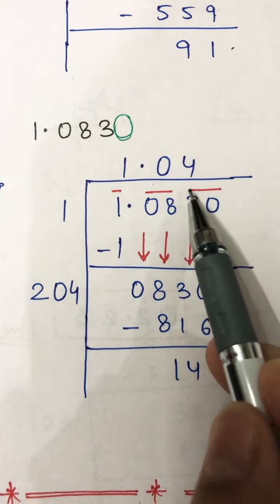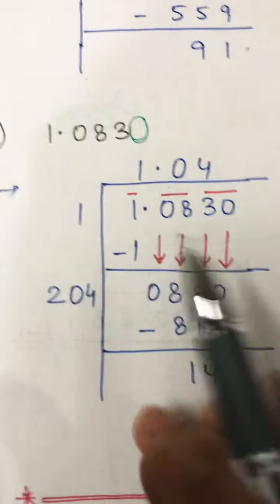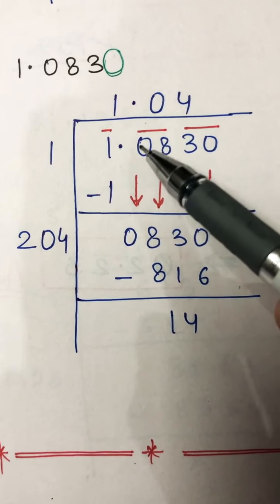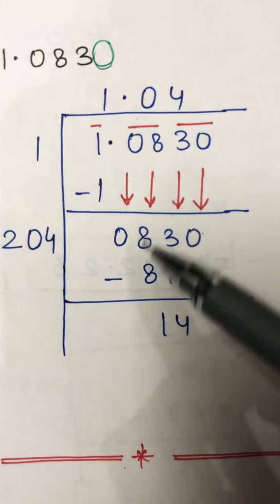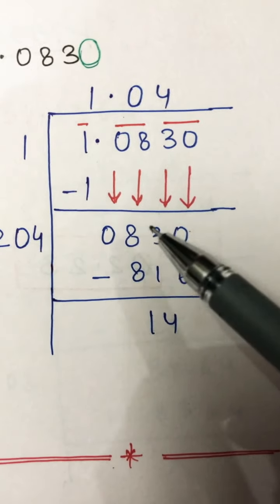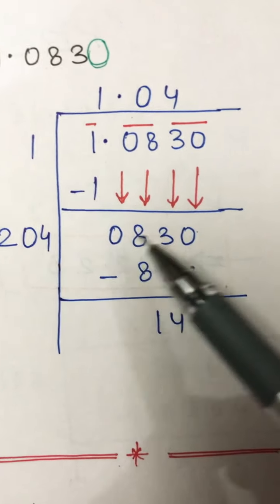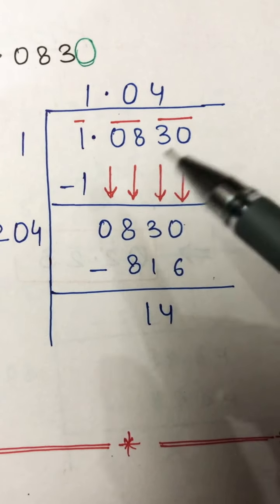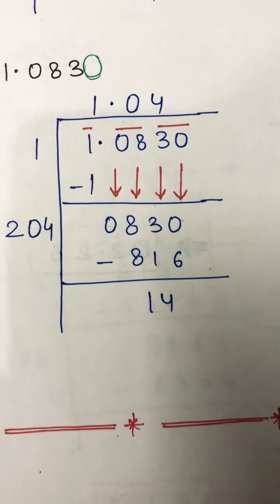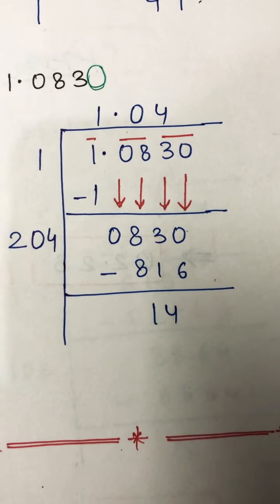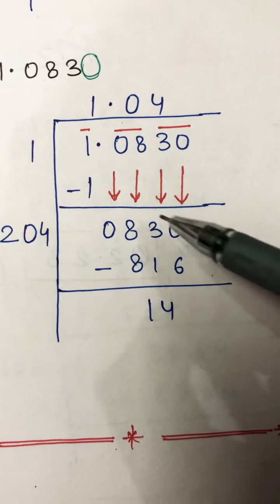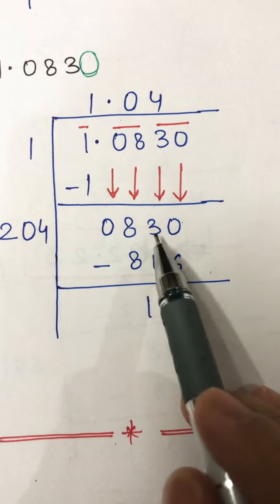So start making pairs. 1 pair, 2 pair, this is single. So 1 1 is a 1. Now take out two digits together. If you take out two digits together, the answer is 8. Only 8 is coming. So now it is 1 plus 1 is 2. Here 8 is coming, and you take out 2 more digits so that it will go on the table. Right now it is not going, so you have to take out the next two digits together. Now the answer will be 830.